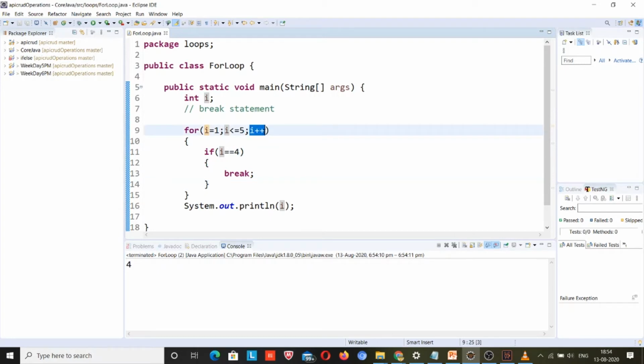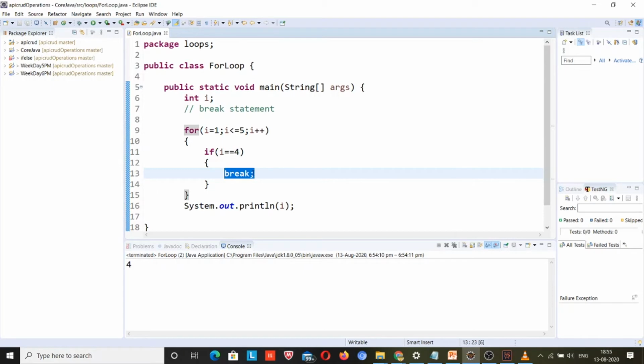went here, right? I plus 1, 2. I value was 2, 2 is equal to 4, condition was false, that's why it didn't go inside this break part, right? Third time I value was 3, again condition was false, again value was incremented, and fourth time the value was 4, right? So 4 is equal to 4, condition was true, and when the condition was true, this